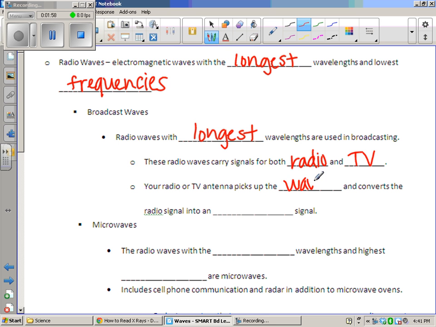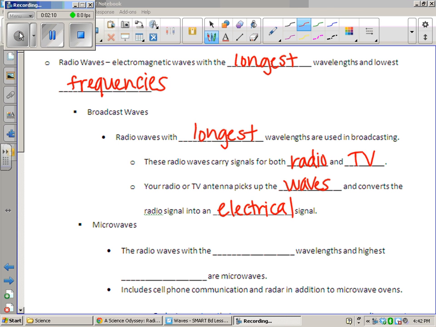Okay, so it picks up the waves and converts that radio signal into an electrical signal. So all of the things that you listen to or that you watch are all related to these broadcast waves